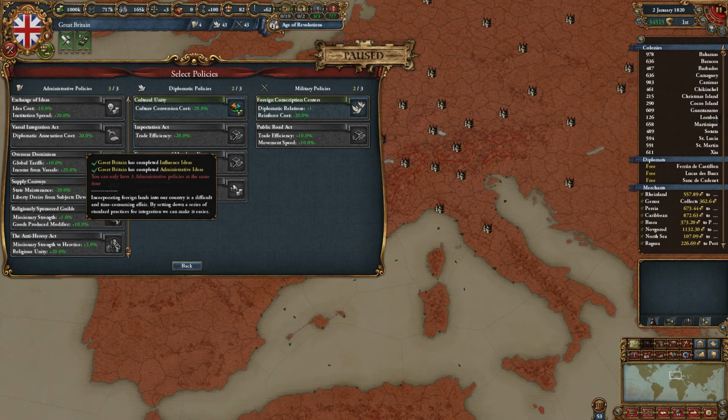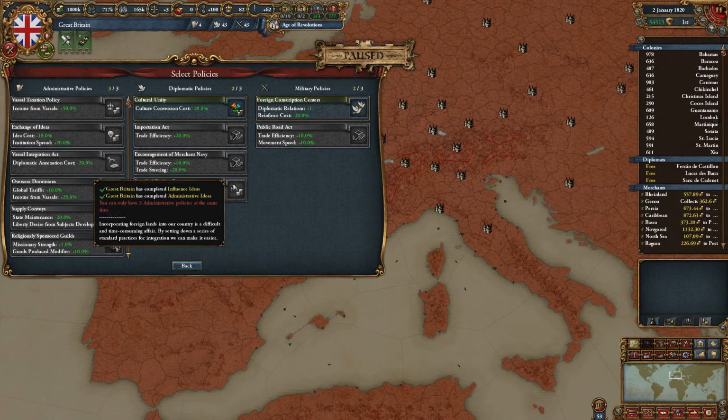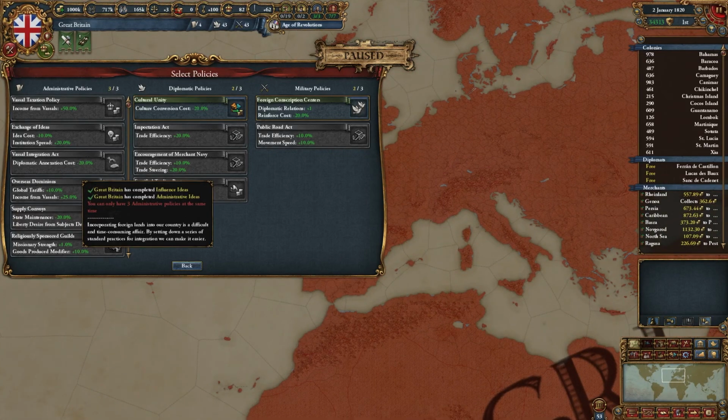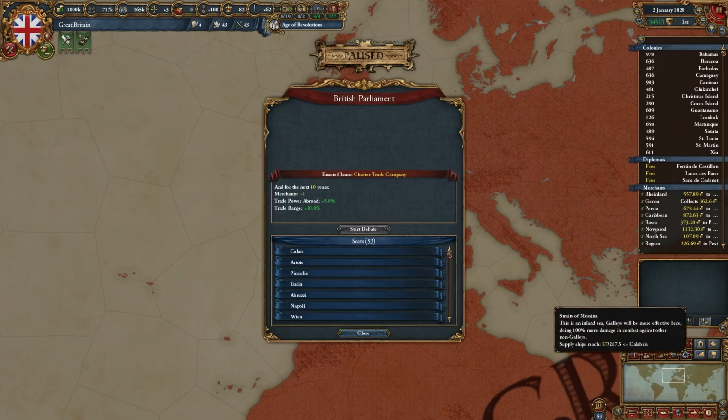20% diplomatic annexation cost reduction, which I chose in the early game. Obviously, in this stage of the game, I don't need this anymore, but I took it always before I annexed a subject. Obviously, that brings me to 90% diplomatic annexation cost reduction with the 70 that I showed you just now. And yeah, there is actually another 15% from the British Parliament over here, which is obviously not chosen right now,